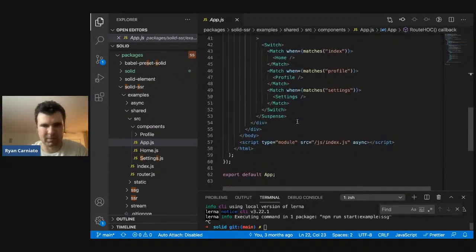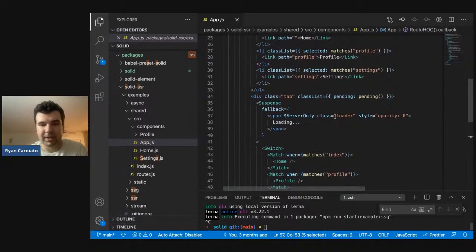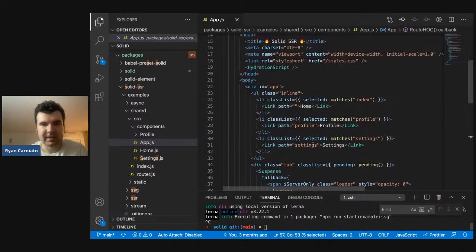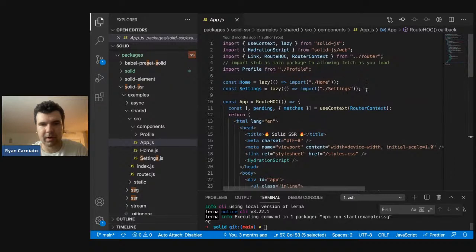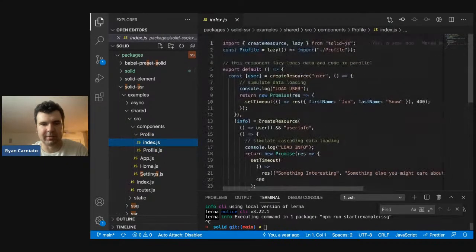And then I have a basic router in this example. I have a more involved example I might pull up in a minute. I put a script tag on the page with async, important. This is how it's non-blocking for streaming. And beyond that, these routes are lazy loaded, the home and settings. Profile's lazy loaded too, but I used an older technique that I used to use where